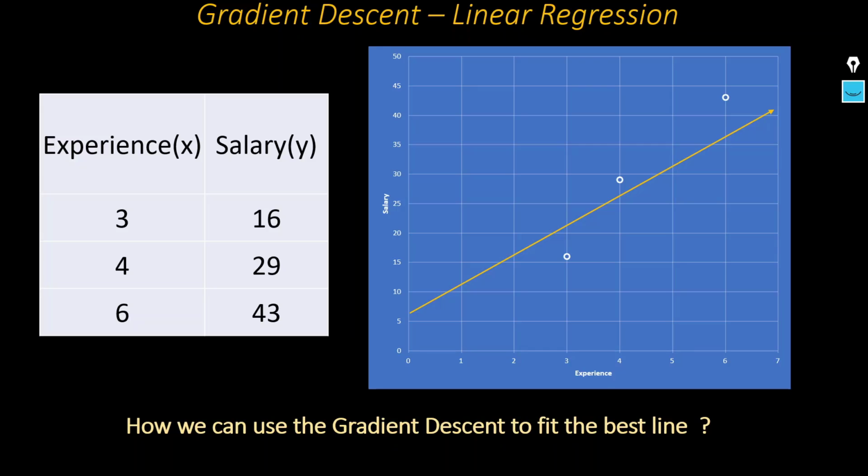So how can we use gradient descent to fit the best fit line? As we have already discussed how we can use the sklearn and stats modules to find the best fit line, and I am assuming that you have already watched my linear regression video regarding the stats module and sklearn. If you have not watched it, then please check out my video. I will mention the link in the description. So how can we draw the best fit line by using gradient descent?